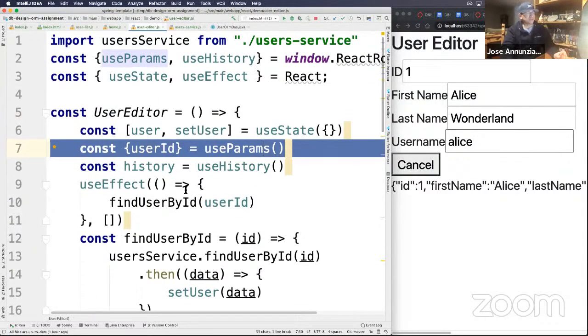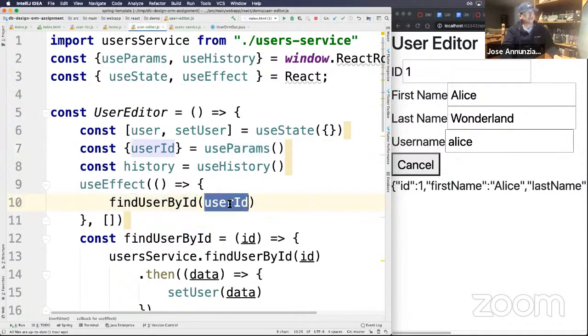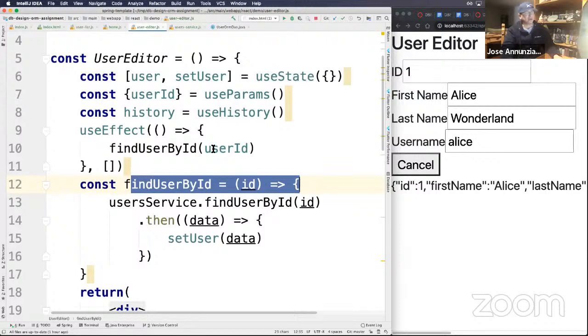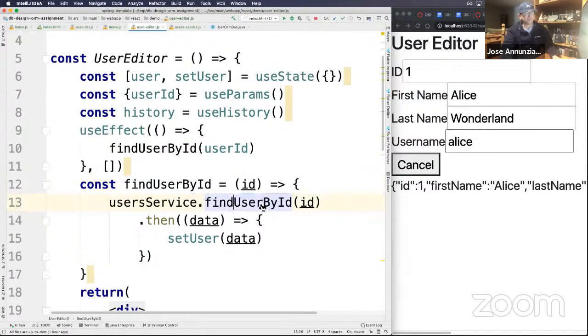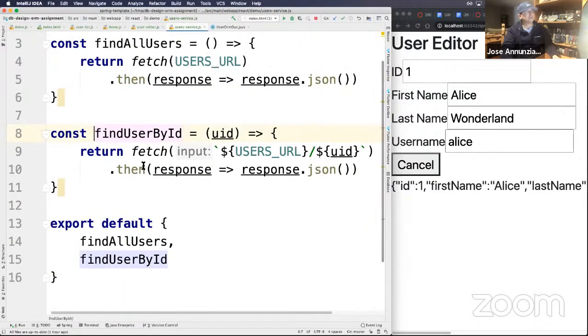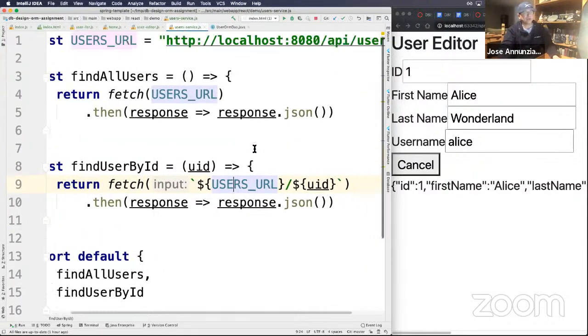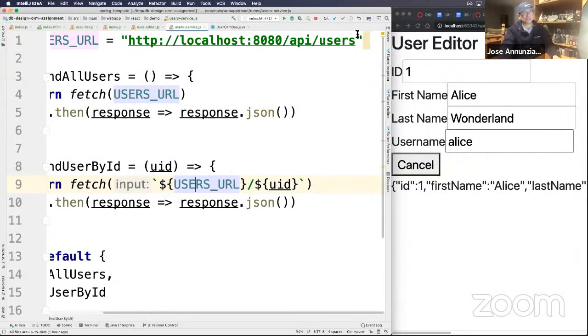And we can use it to kick off retrieving the user by its ID. We can go out to the server, right? This is the implementation here that generates a GET. So this URL is /API/user/ and then we are appending the user ID at the end, right? So basically we're hitting